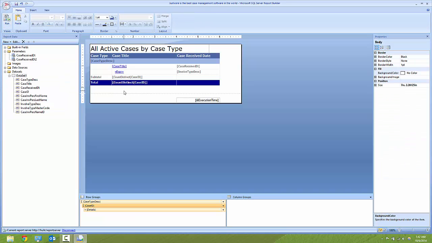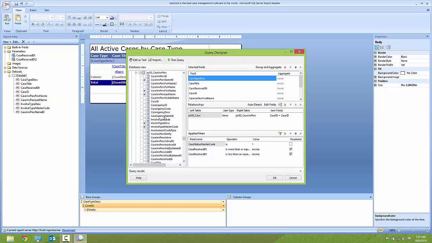Now, as I mentioned in the beginning, we want this report to only show defendant information, and currently it's showing information for every person involved on the case. So let's go ahead and change that. To do that, again, we're going to be coming in over here to our dataset 1, right-clicking and choosing Query. We're now going to add a new filter